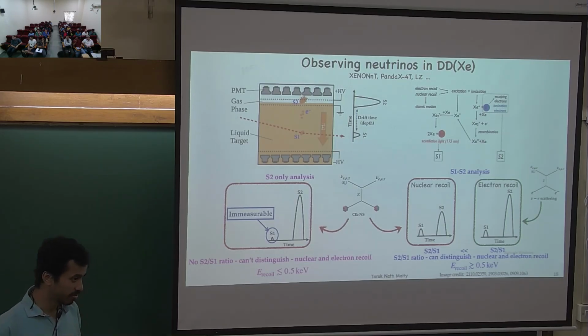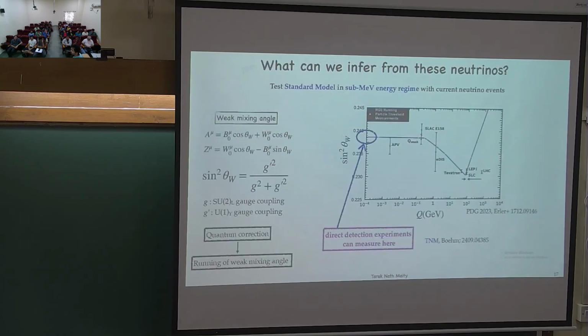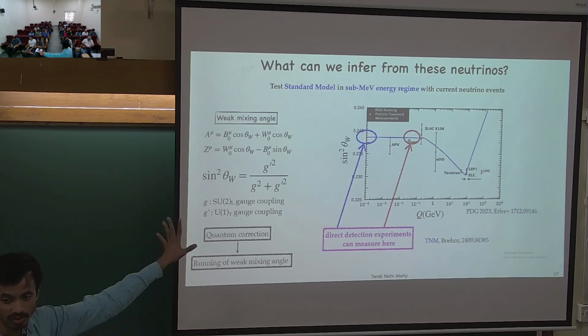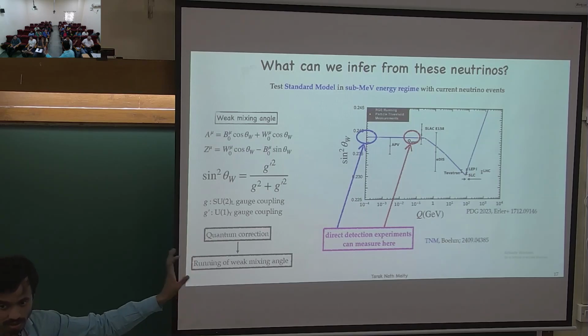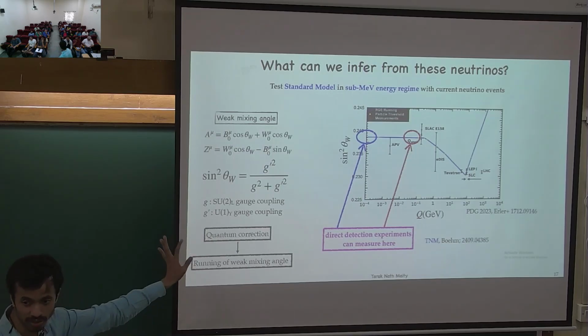I have not received them, but they are detecting some. So can I go back to the motivation? Okay, regardless of the plot. So at Q of 10 to the minus 4, you should be able to predict it from the running of the standard model. I see. So we just want to have a test of this. We are not saying the standard model is not true. We believe in the standard model. We just want to demonstrate that it is there at that point.